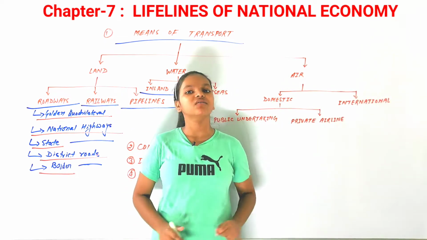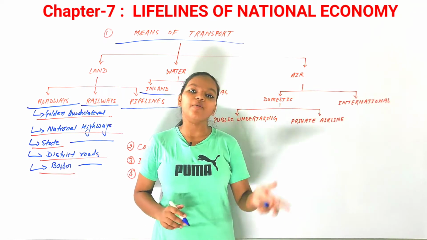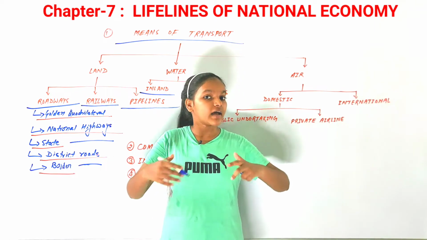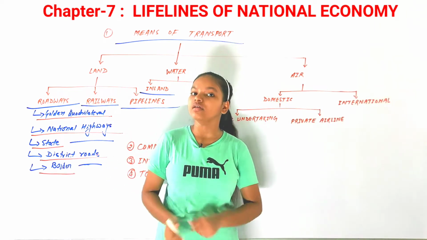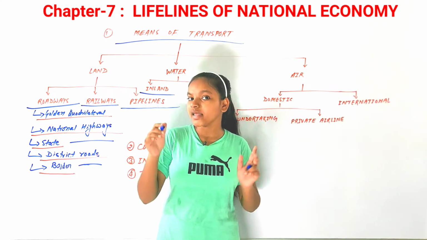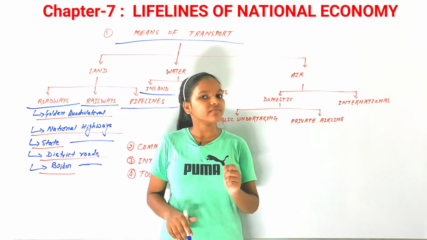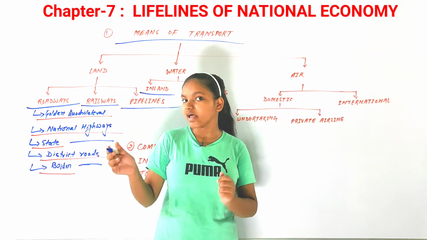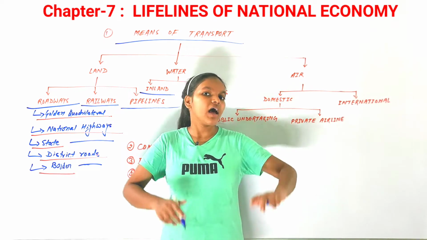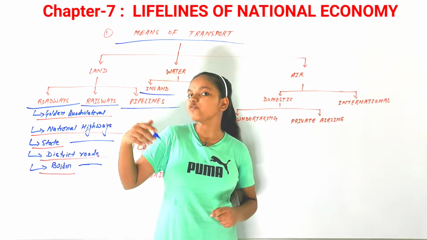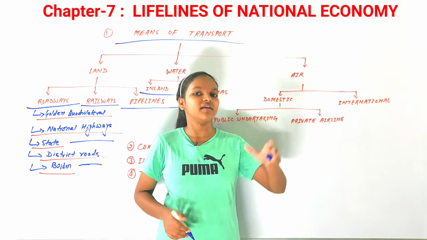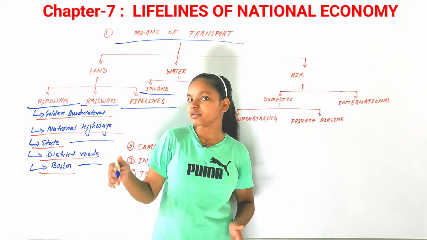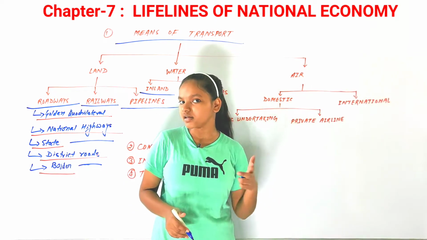After that we have the Brahmaputra from Shahidi region to Dhubri region, that accounts for 891 kilometers. So that inland waterway is about 891 kilometers. After that we have the West Coast Canal. The West Coast Canal lies in Kerala and accounts for around 205 kilometers, and it lies in some South Indian cities like Kottayam, Udayamangalam.